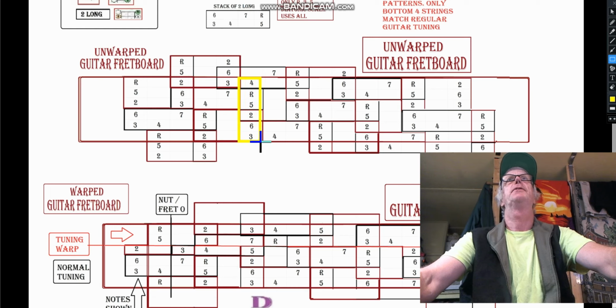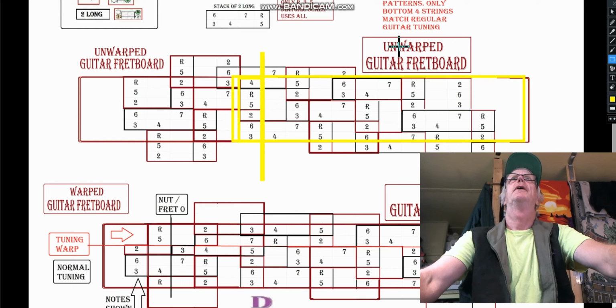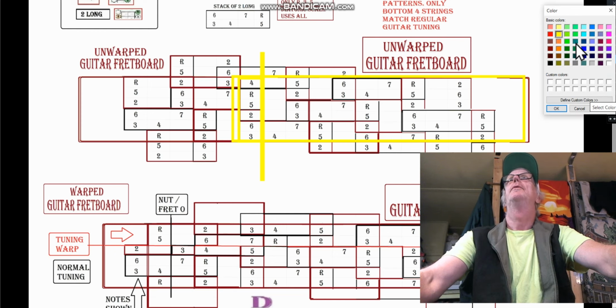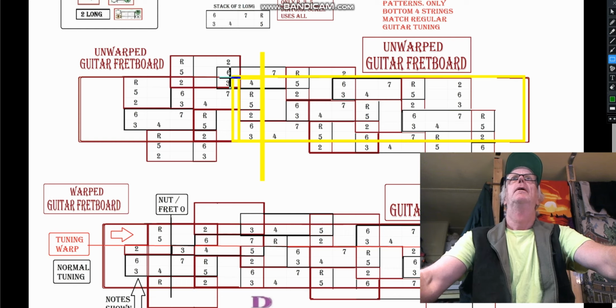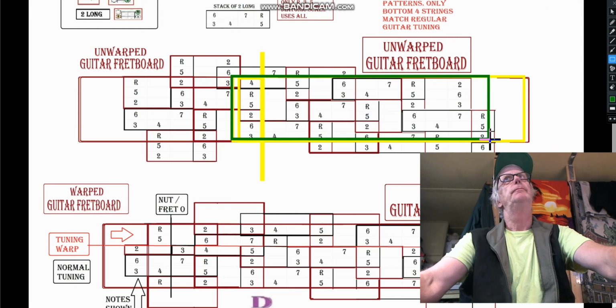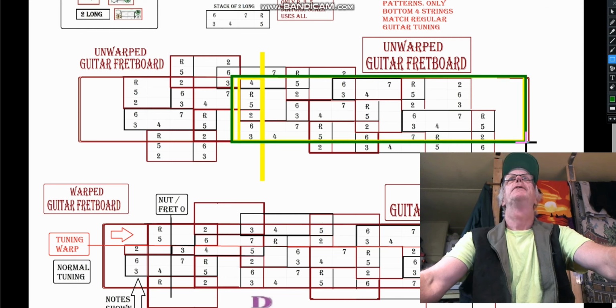Pretend like this is your tuning fret, and this is your fret nut, and this is your guitar. Okay, so I know it's a little hard to see the guitar, so we'll try to get that in a brown color. All right, so it's kind of a greenish thing. So there's your fret nut right there. All right, so this is the tuning